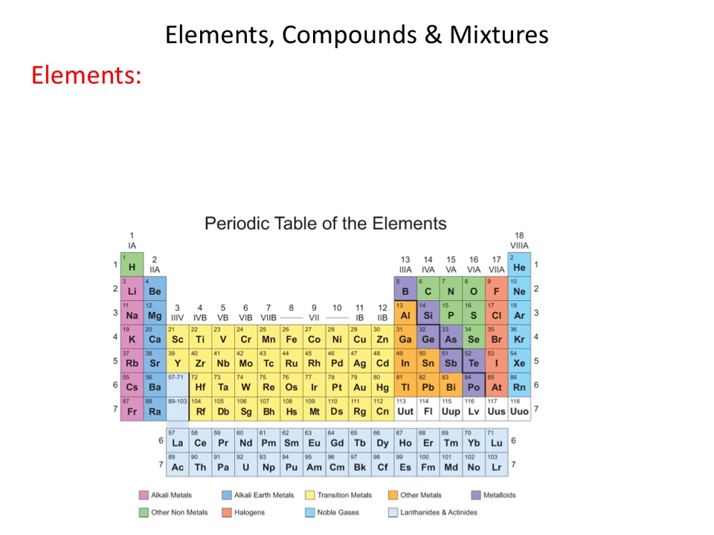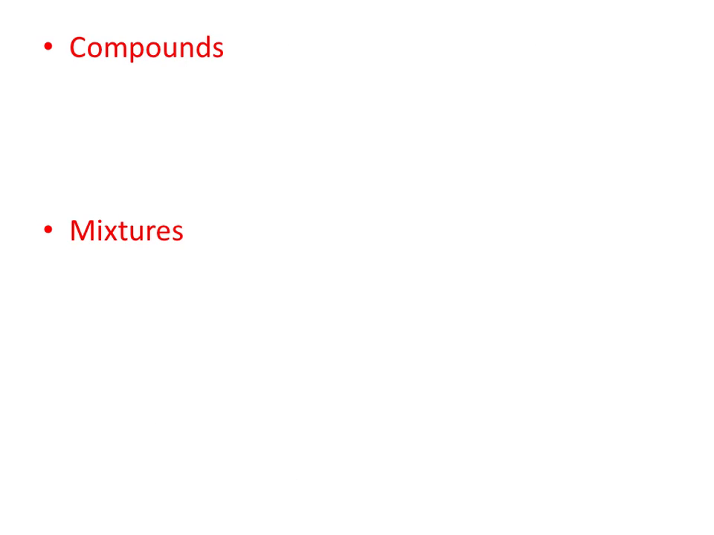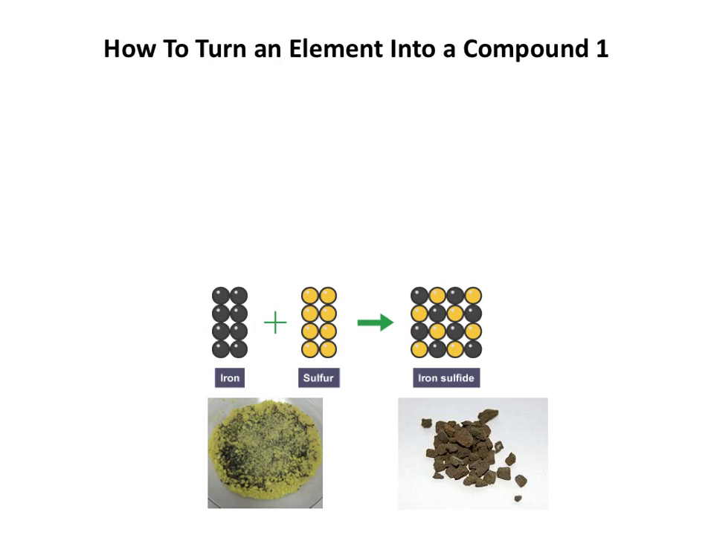Welcome to part 2 of the Elements, Compounds and Mixtures video, and in this video we're going to look at how we turn elements and mixtures of elements into compounds. So let's scroll through. Right, so our first reaction, if you like. Now what we're going to do, just to form a compound, is take two elements, iron and sulfur,